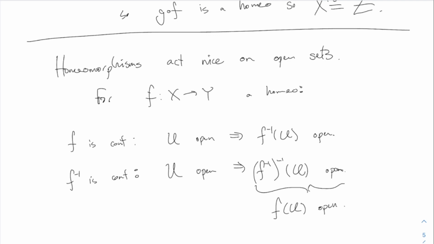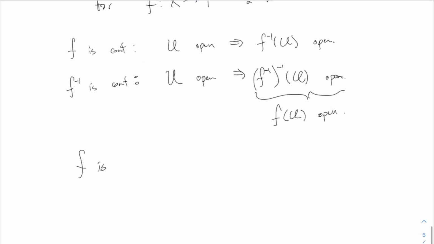So really, this right here is the same as just saying f of U is open, all right? So another way to think about a homeomorphism is it's a function that takes an open set to an open set, and vice versa. It takes an open set in the domain to an open set in the codomain, and also takes an open set in the codomain back to an open set in the domain. So another way to say this is that f is a homeomorphism means, first of all, it's a bijection, but in terms of the continuity and the open sets, it means U is open if and only if, both ways,